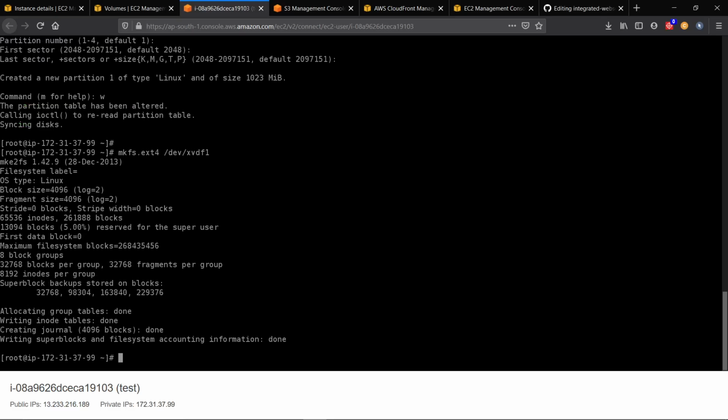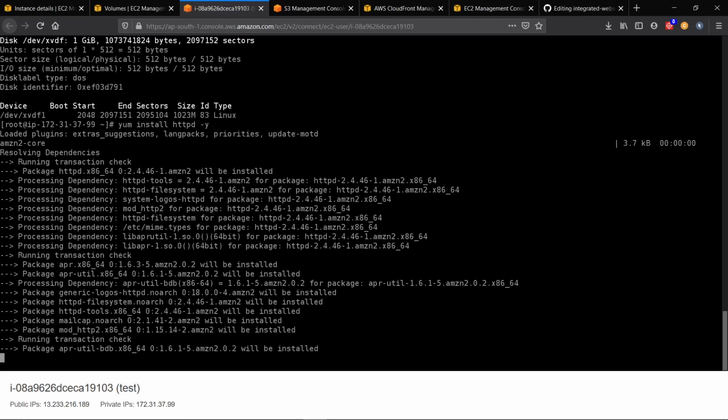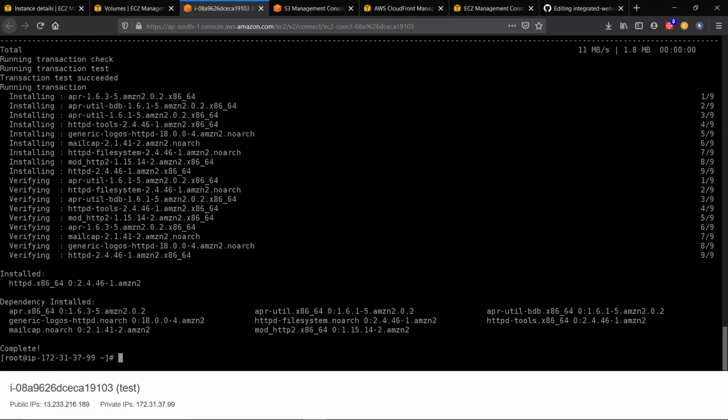So our partition has been done. We can see from the fdisk -l command that this partition has been done, of 1023 MB. Now we will install the web server. yum install httpd -y. So it has been installed, and we will now mount this.